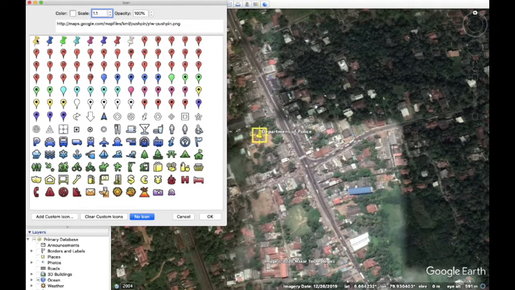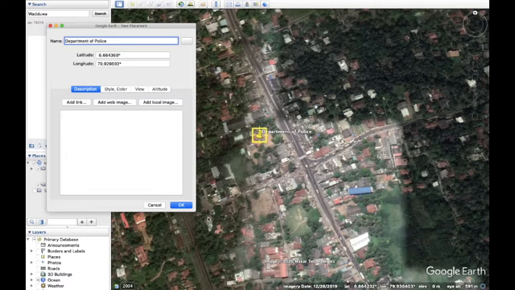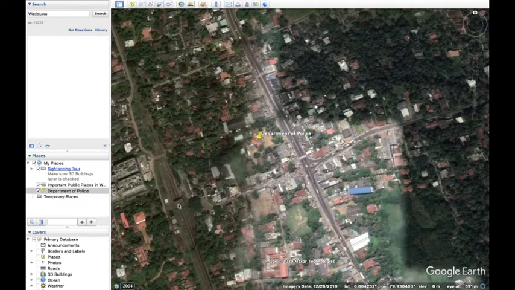I keep it the same one. Click OK. Click OK to this one. Once you do that, you can see under the places the Department of Police layer is located.